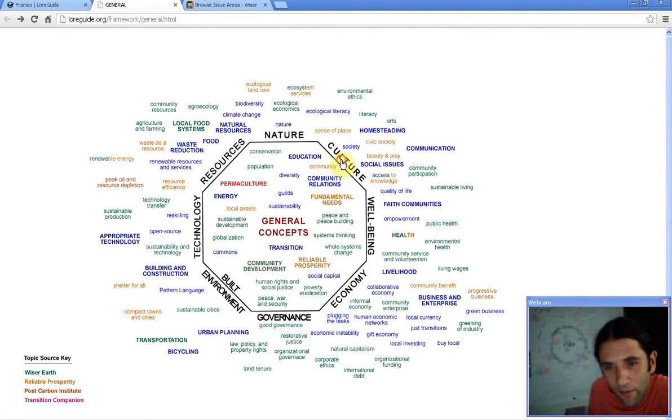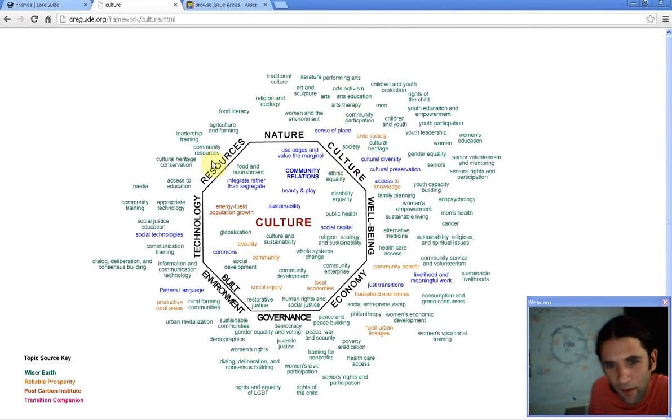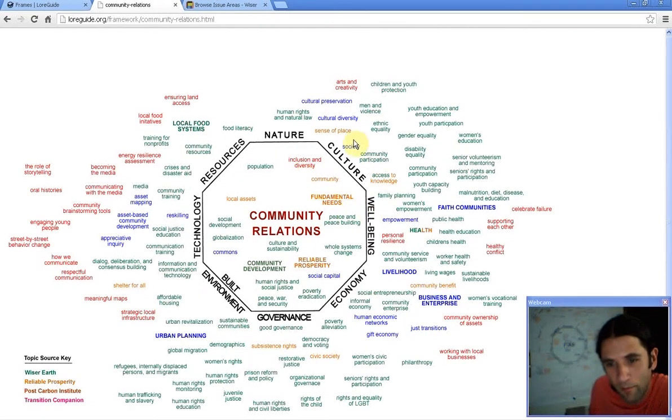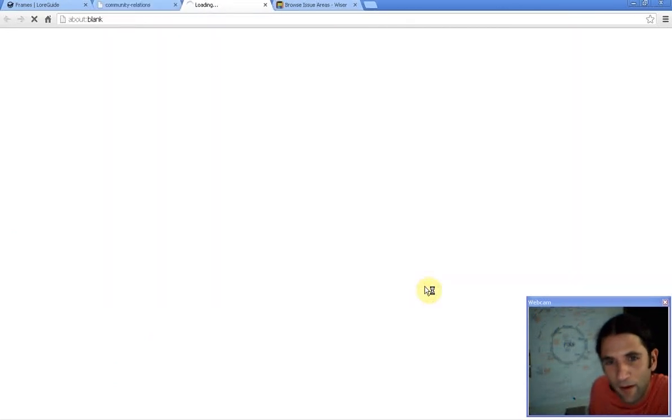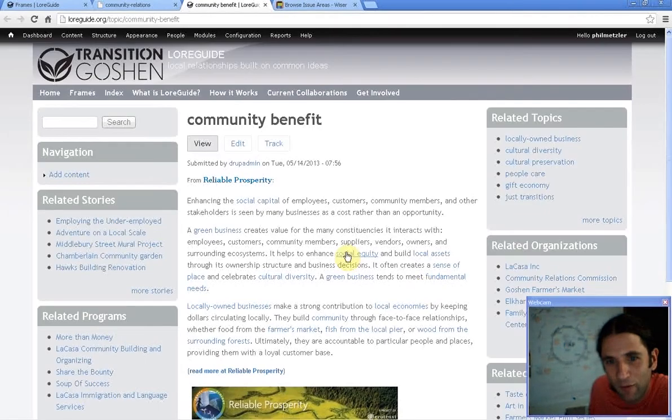So for any one of these broad areas, the terms start to get a little bit more specific, but still keep it relevant to other disciplines. Somebody coming into a given frame that wants to learn about, say, community relations, where the terms get a bit more nuanced, if they're coming at it from an economic standpoint, can still find a term that might be more familiar to them or might be particularly interesting. Maybe they've heard about it but didn't know much. For instance, community benefit, where that's an active link that we put the content in for,